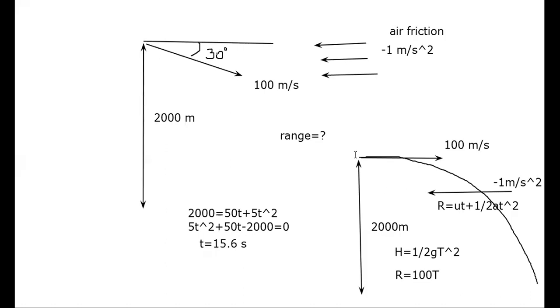So I will use the time value from the first condition, substitute in your range formula to get the range value. This was the second change which I made. In the third change, keeping the air friction constant, height constant, I just inclined the initial velocity to the downward direction, making an angle of 30°. That was the third change which I made.